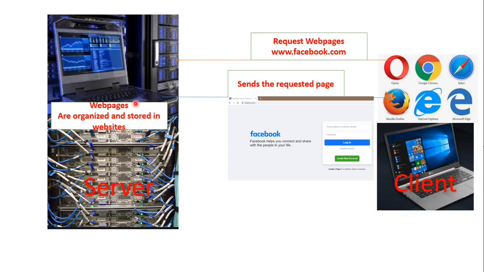One important thing to note is that the server is a physical machine, and the web server is a software that is running there and which is handling and managing everything, meaning all the requests that are coming to it. So I hope you've got the client server architecture and you are very clear what is a client, what is a server, what is a web browser, and what is a web server.